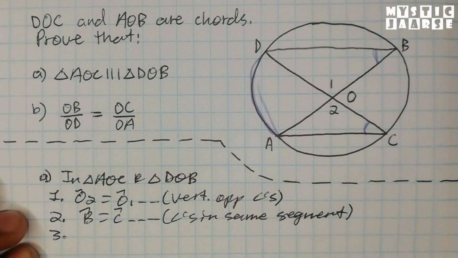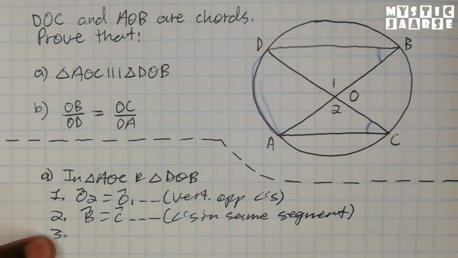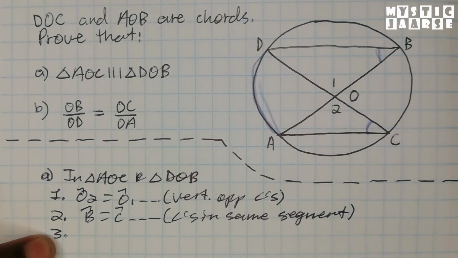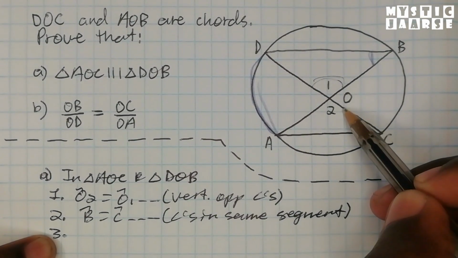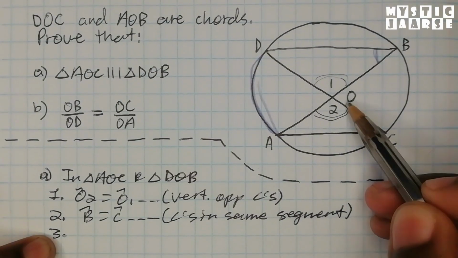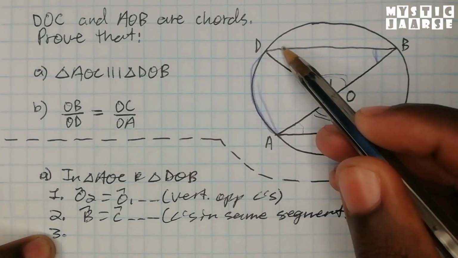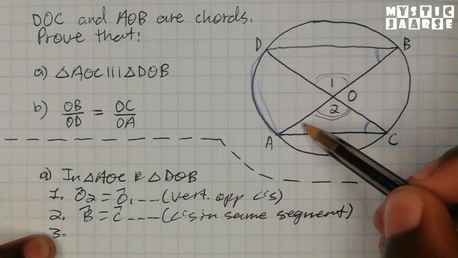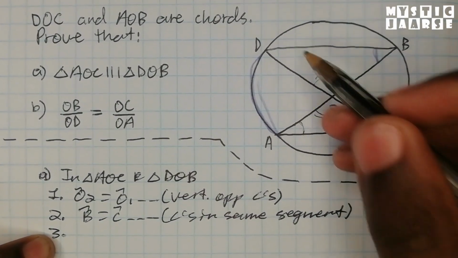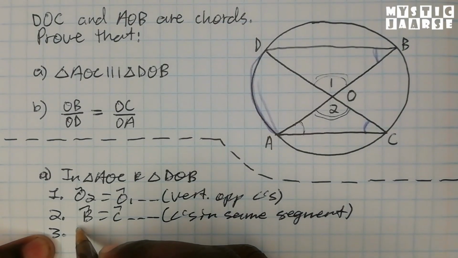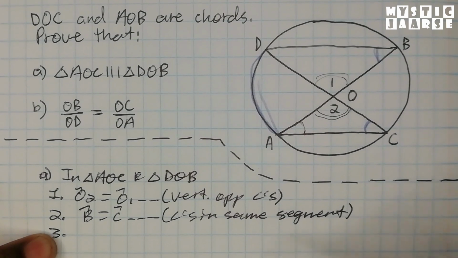Now the third reason, if you have already found the first 2 reasons, then you can just say the third reason is the third angle of a triangle. Because if you have already found 2 corresponding angles that are equal, then there's no way the third angle of each triangle is not the same for both triangles. So you can just say third angle of triangle. I'm not going to say third angle of a triangle because I can be specific and prove